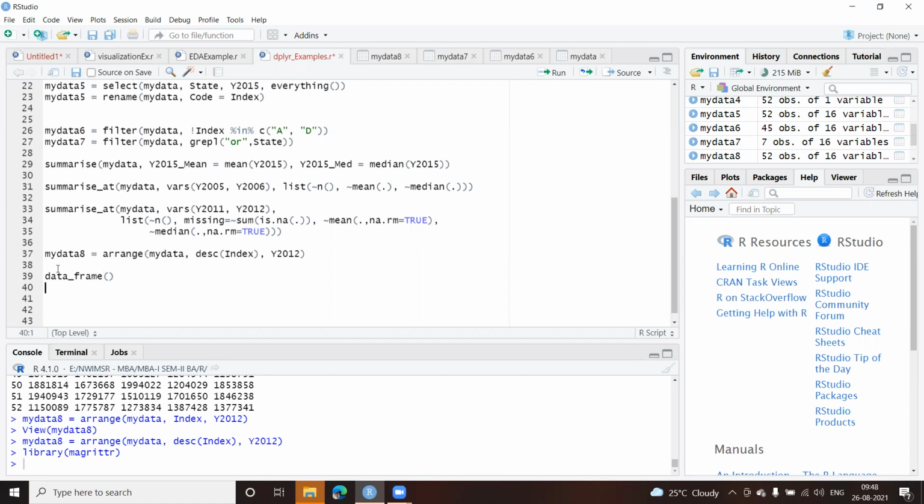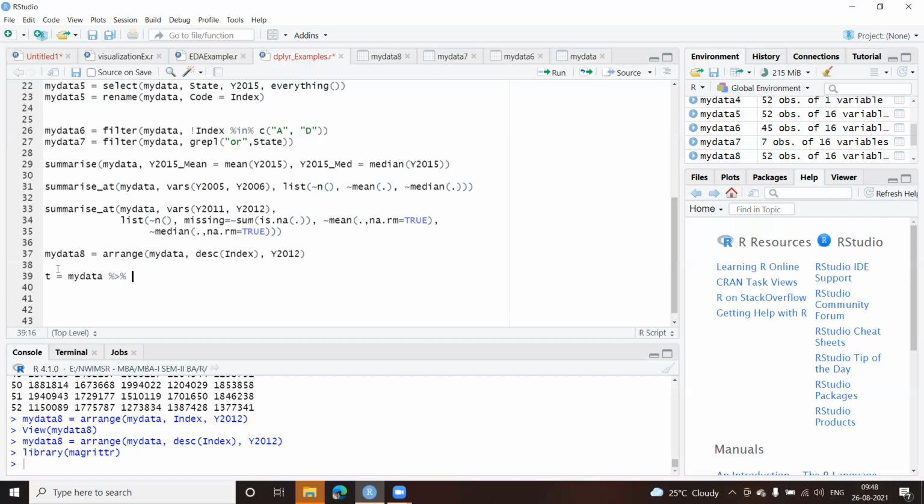Let us create another one. We already have my data, so I'll use that. I'll give t equal to my data. I'll make use of my data. Then here is my pipe sign, so I can give it like this. So this is getting passed as a parameter, you can say.